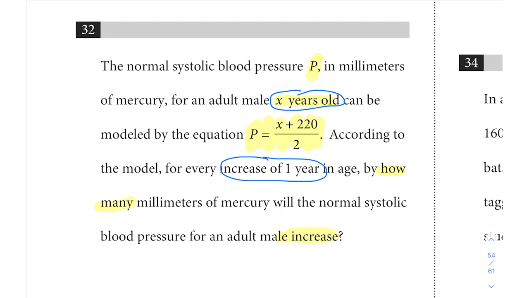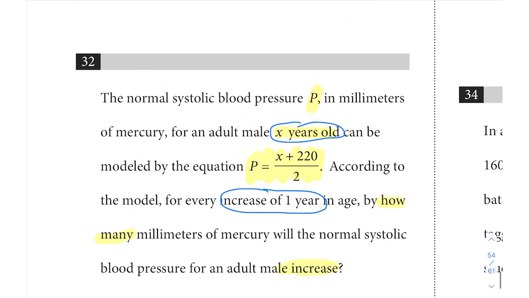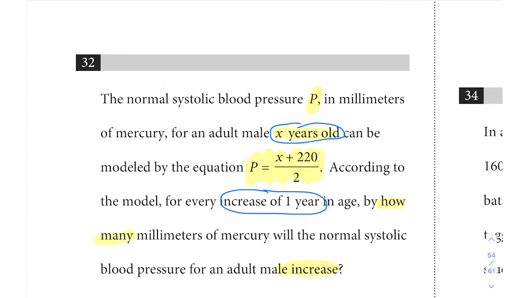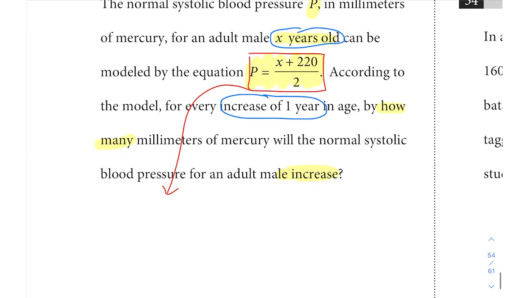And for every increase of 1 year, this is basically like saying that your value of X goes up by 1. So the relationship between the pressure and X is going to be based on slope. I know it doesn't look like it right here, but I highlight this time and time again. It's really important for test takers to internalize this. Look for that slope-intercept form relationship in equations that you're given. That should be something we're actively looking for, because although this might not look like y equals mx plus b,